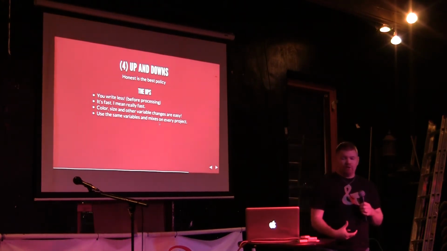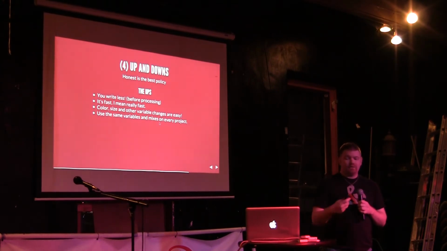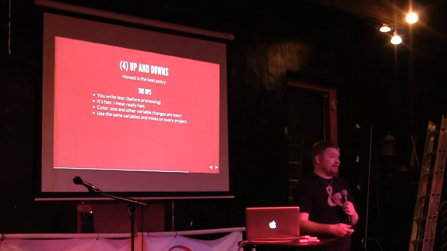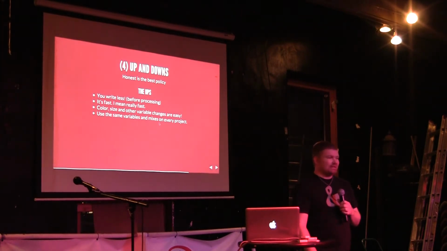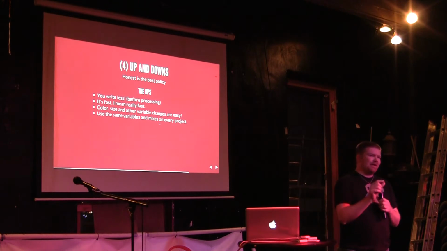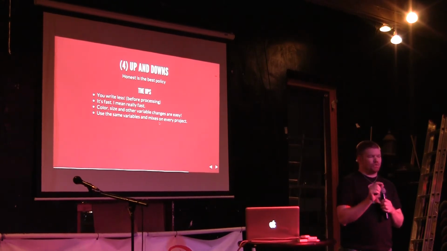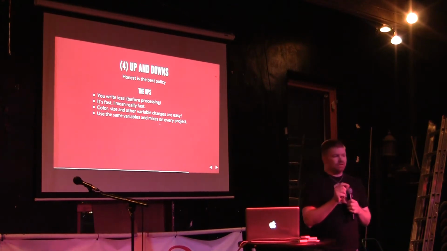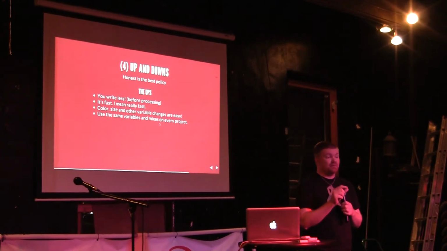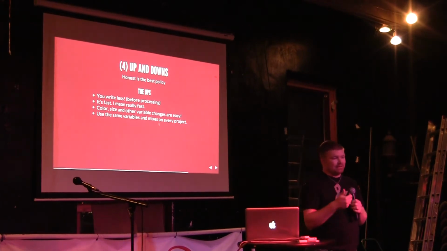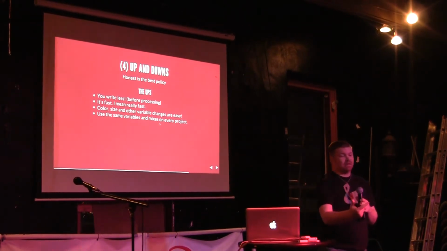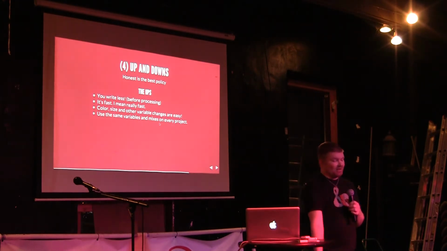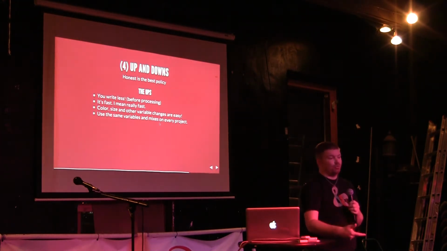And then the other thing, following up on that, color, size, and all the other variables that you set, those changes are easy. So somebody says, I don't really like that light blue color. Let's change that to a dark blue. Or the borders aren't quite rounded enough. Let's change that from 5 pixels to 10 pixels. Well, if you've set that as a variable, if you've set that as a mixin, going up to your header and changing that in your CSS file, anytime that you're calling that same mixin or variable,